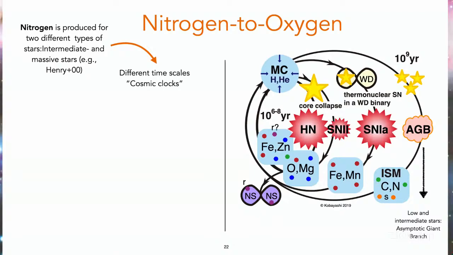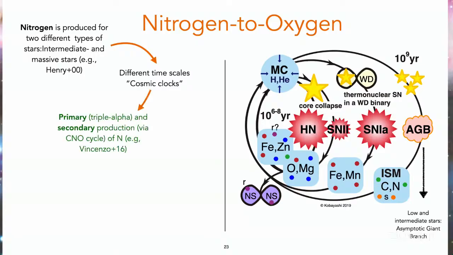One is the first phase of star formation, but we need a benchmark to trace this kind of star formation time scale, and this is oxygen, because oxygen is produced only by massive stars. You don't have any other source there. So given that, we have these stellar time scales, but nitrogen has another property. Nitrogen can be a primary or secondary element. What does that mean?